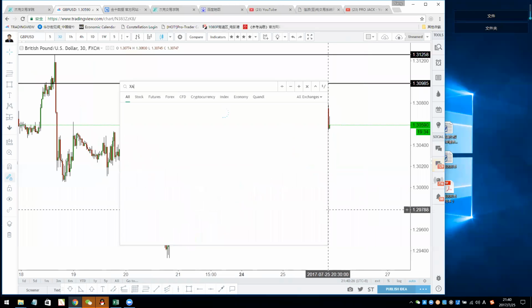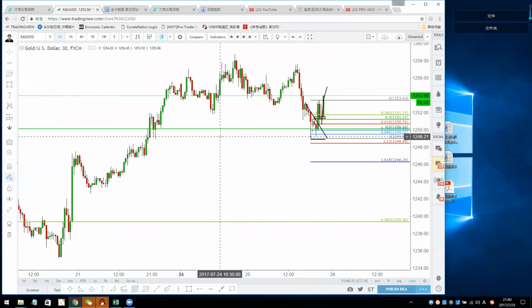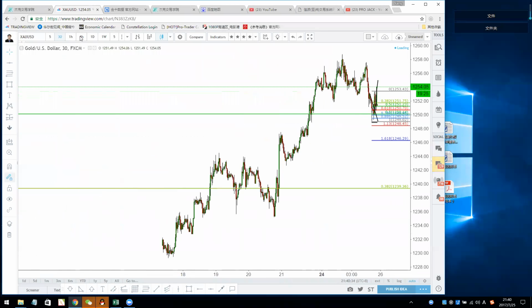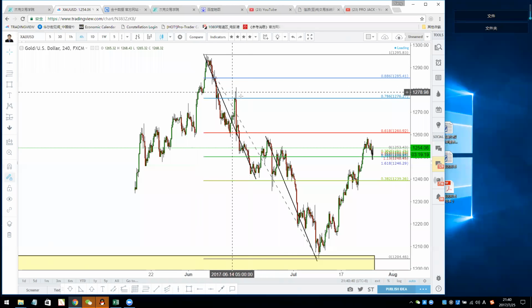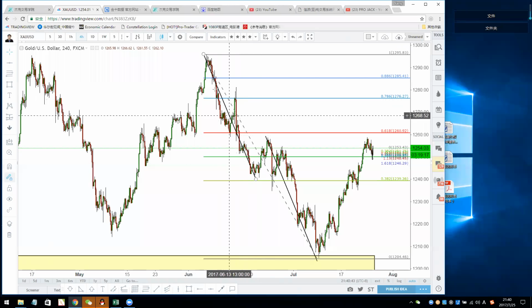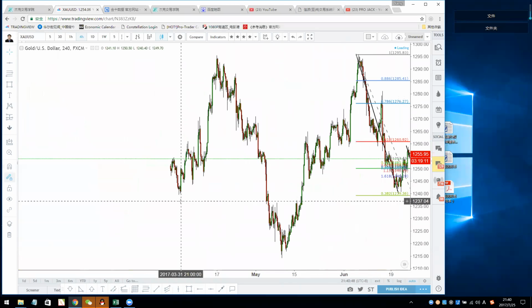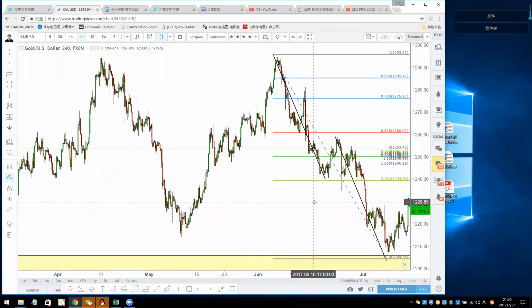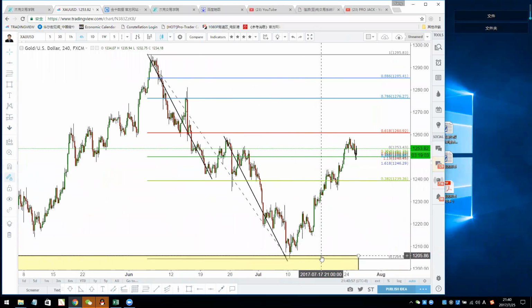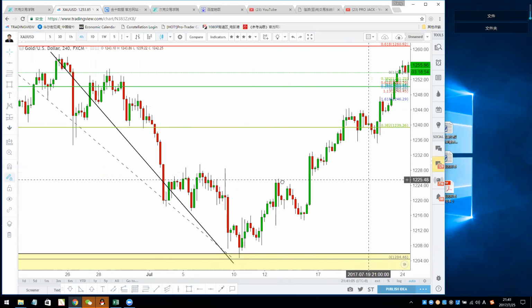Right. Okay, let's move to the gold. All right, the gold is doing pretty well from last time when we talked about it. We shorted gold from 1280 to 1276, and the gold completed this ABCD move to about 1224, and there is a potential structure here in the daily chart. I already marked this about 1224 to 1225. There's a buying opportunity, and then the gold just started to form a rising channel.